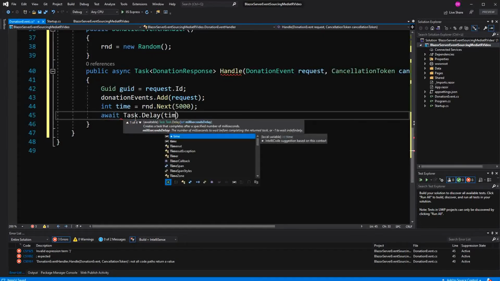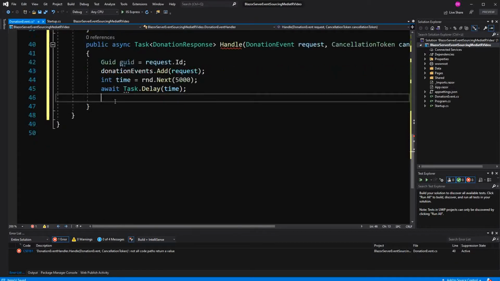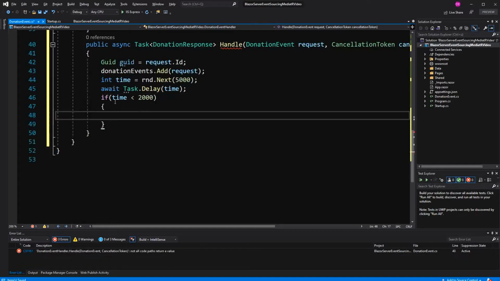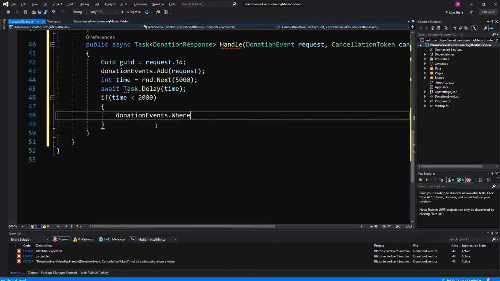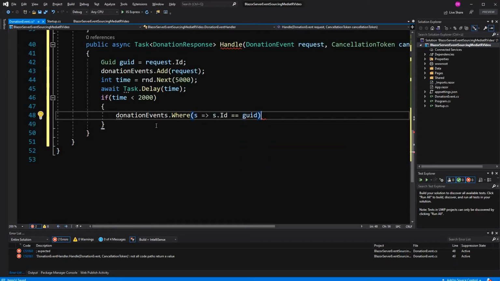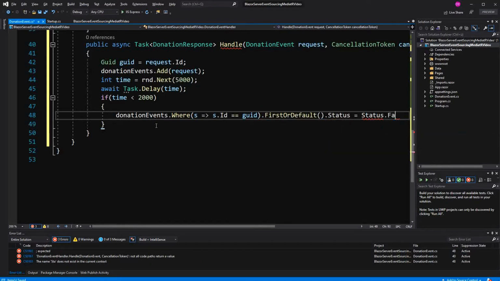Now I'm going to await for exactly this time. This is going to simulate the process that we are going to the bank or the credit card company and stuff. And now here I'm asking if time is smaller than 2,000. In this case, we want the donation to fail. So we are going to search for our stored donation event,